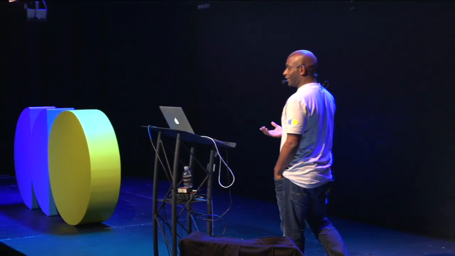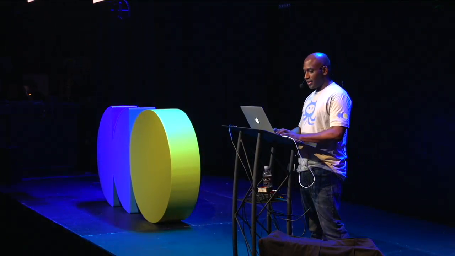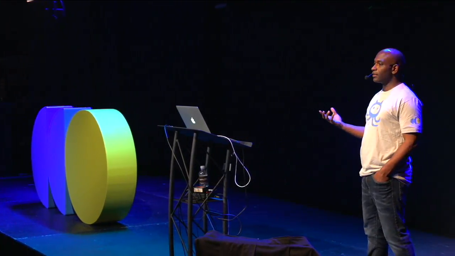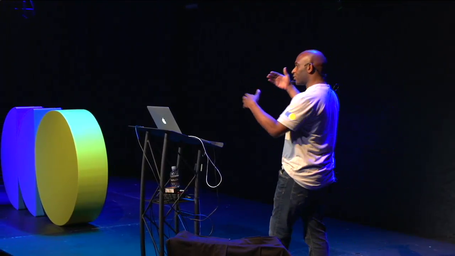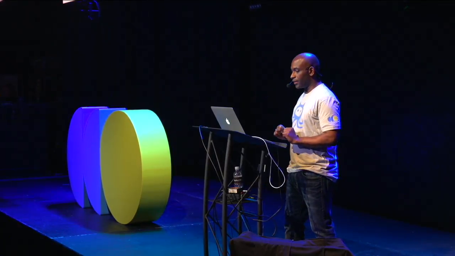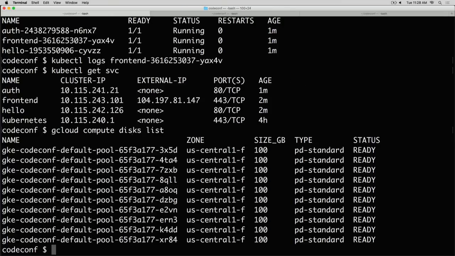So the first thing we need is a disk. All right, so let's go ahead and create a volume. So in Kubernetes, we need network attached volumes. And why do we need that? We don't want to depend on the local machine for anything. So what we want is a network attached storage that we can use to compose and move our app around and also reattach the storage where we need it. So what we're going to do now is make sure that we have a disk and list. And I just want to make sure I have this MySQL data disk. And I don't see it, so let's create one.